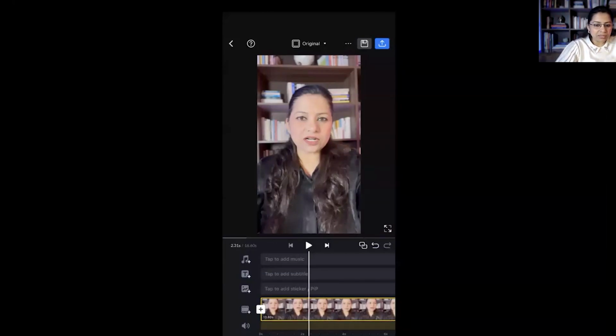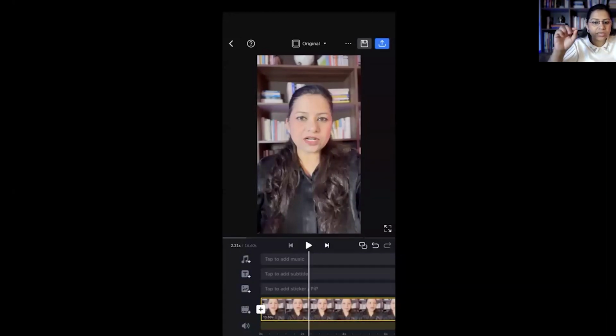That is your PIP timeline. Now the third one is where you have the statement which is tap to add subtitle. You see here a T, and it is written here tap to add subtitle. This is your text timeline. And the last one above that, you have another timeline, and this is written here tap to add music.